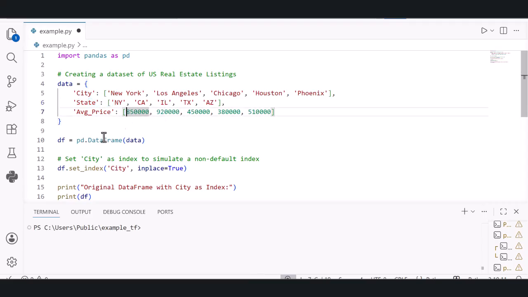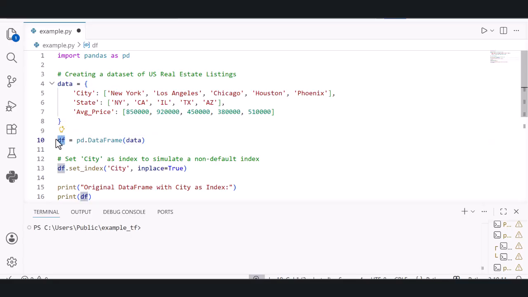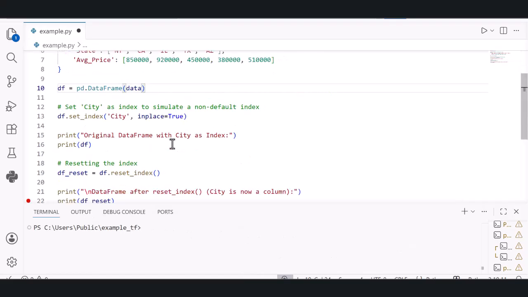Now we'll convert this to a DataFrame by using the DataFrame function. Inside the DataFrame function, if we pass this variable, this dataset will be converted and the result is stored in df. Now the df is containing the converted DataFrame. I hope it's clear till here. Now we'll see how to set city as index to simulate a non-default index. df.set_index function we are using here, and then city,